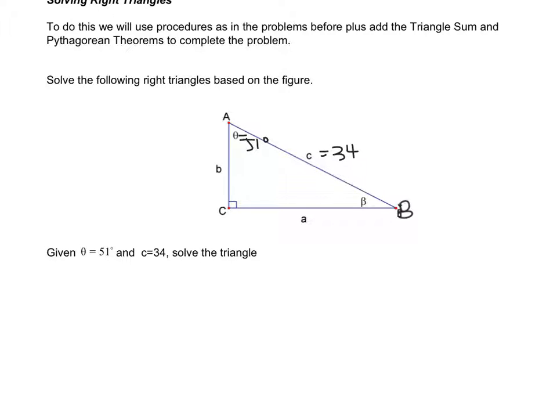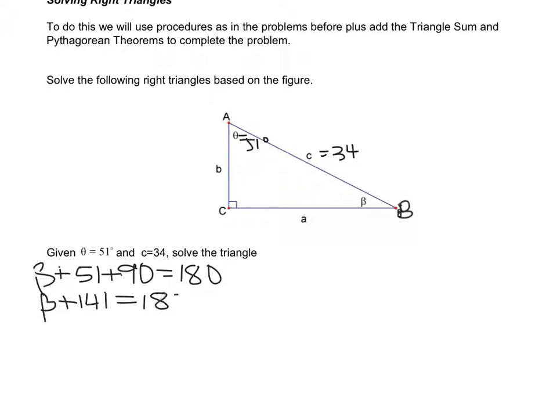So we want to solve for beta, and we also want to solve for A and B. So it's going to be easiest to solve for beta first, our missing angle, because we know beta plus the 51 degree angle plus our 90 degree angle have to add to 180 degrees. This is the triangle sum theorem. So when we add 51 and 90, we get that beta plus 141 equals 180. We subtract 141 from both sides, and we get that beta equals